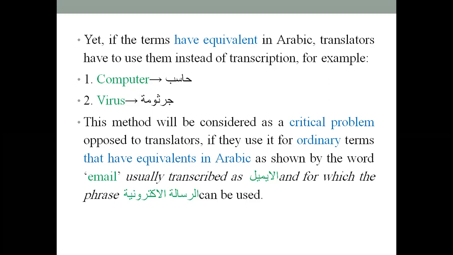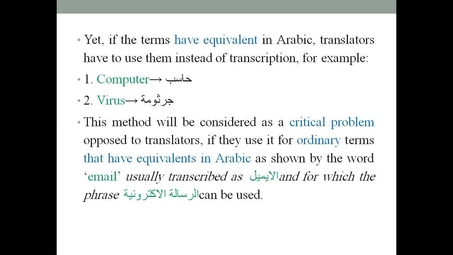We can use hasub, not borrowing computer as it is. Virus, jurthuma, and so on. But actually, in everyday language, we have some English terms that are transcribed into Arabic, and their transcription is easier than the Arabic equivalent items,